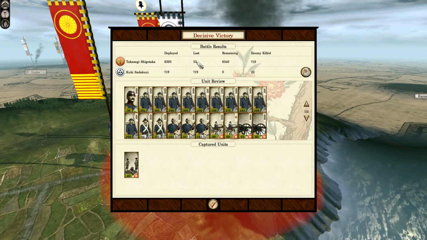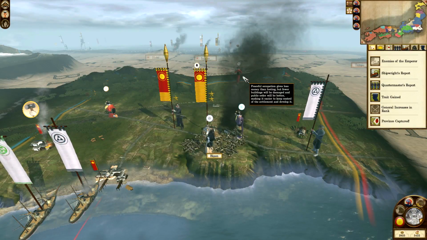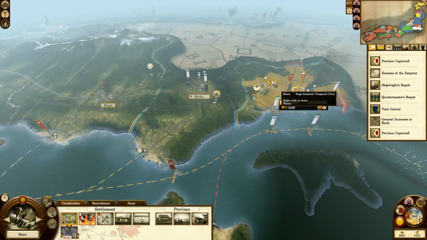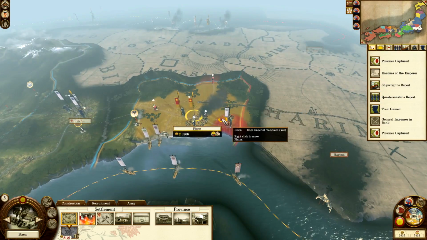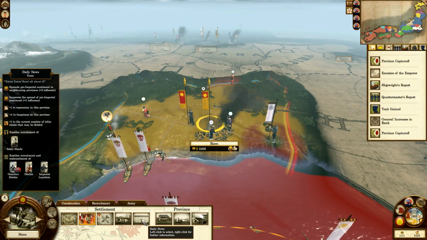And there we go, lost 53 men. And peacefully occupied. So, first settlement I've taken in the east, or going eastward on Honshu, the main island of Japan, in quite a while. So we are making some headway. Daily news. That would be awesome if it...